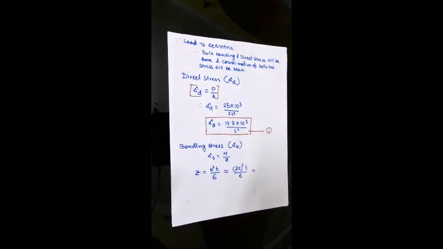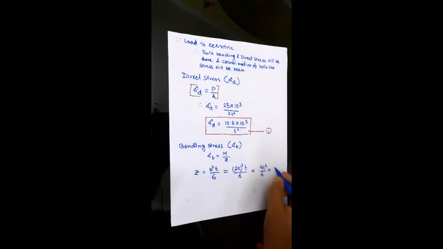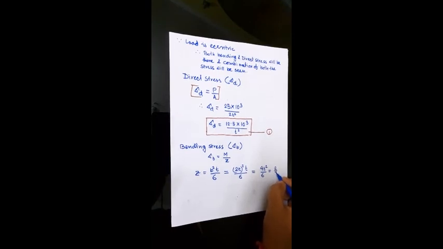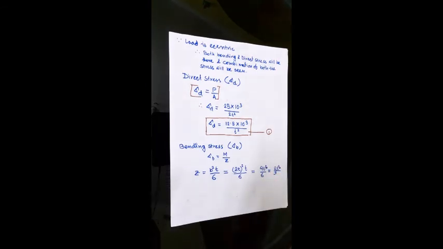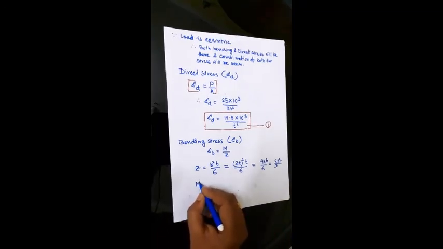the value as 4t square by 6. If we again simplify it, we can find that 2 by 3 t square, this will be t cube. Okay, so 2 t cube by 3, this will be your section modulus, and the moment of inertia,